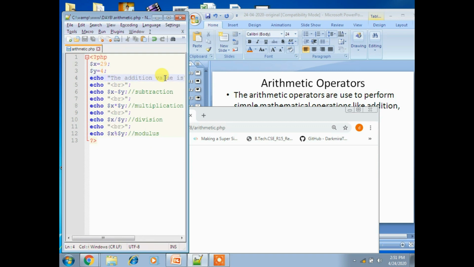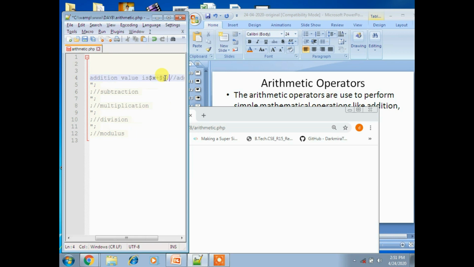Let's see another way. The addition value is, okay. Here you can place it directly in double quotation.